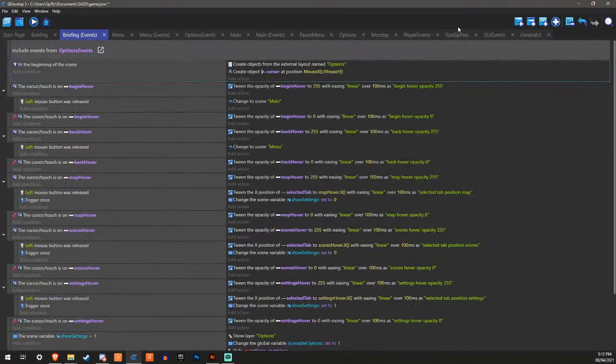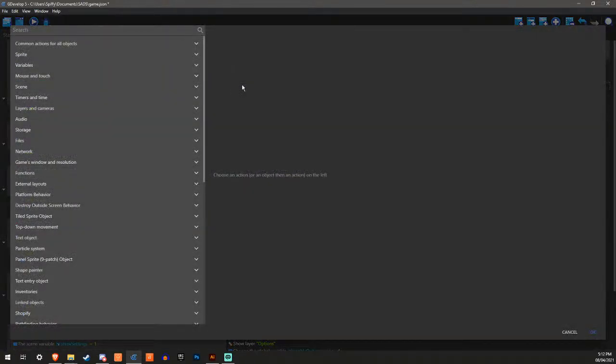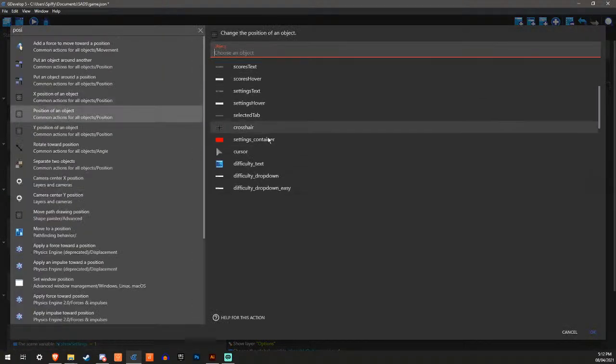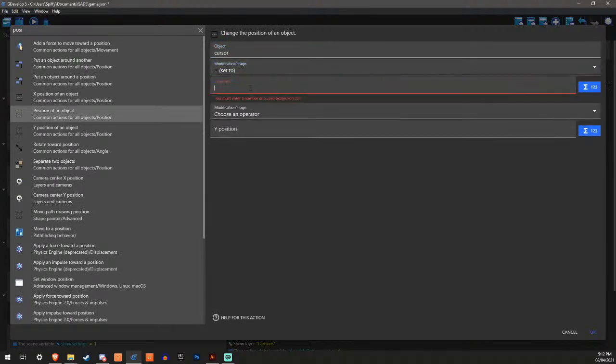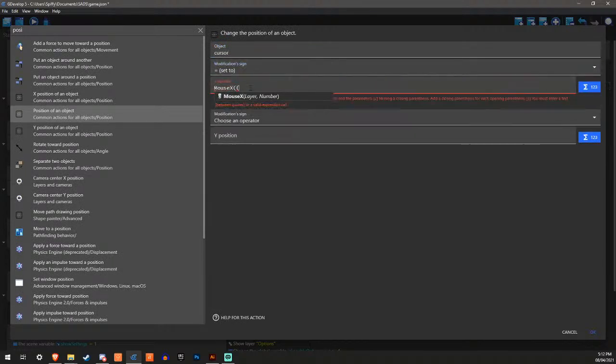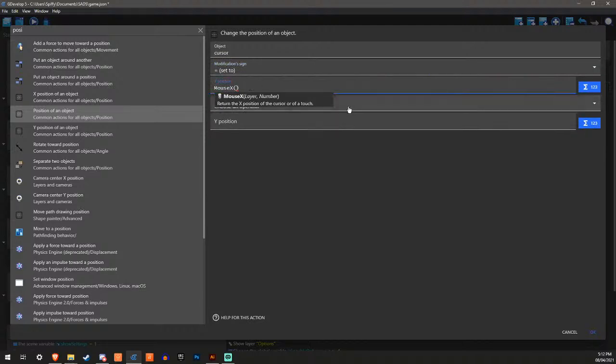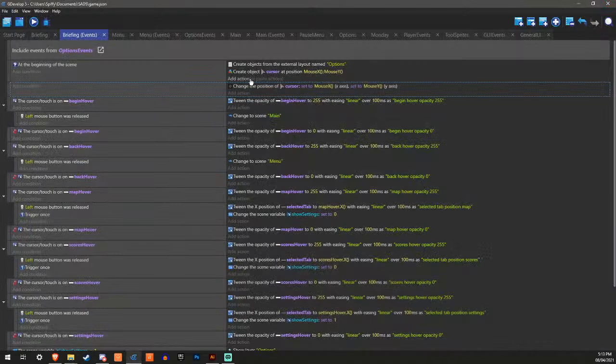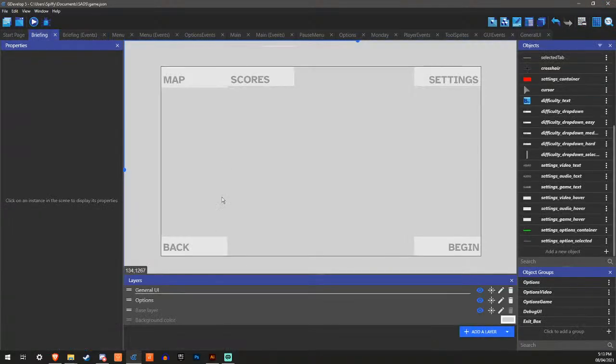And set the position of it. Set to access. That's why. Right, cool. We have that now. I don't think this is going to hide the cursor because, yeah, it's not going to hide the cursor, but oh, yeah, it's behind everything now because I need to set the Z order of it. Actually, I can just set the layer of it to general UI. Rather, these are general UI, so they won't work.